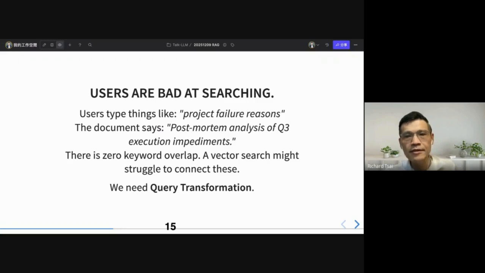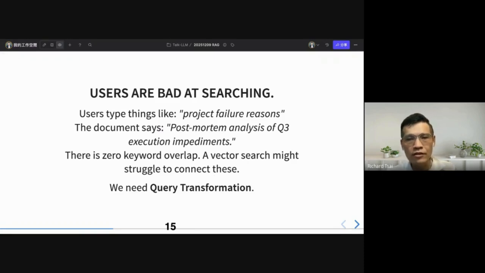Users type things like "perfect project value reasons," and the document says "post-mortem analysis of Q3 issue execution impediments." There is zero keyword overlap. A vector search might struggle to connect this.